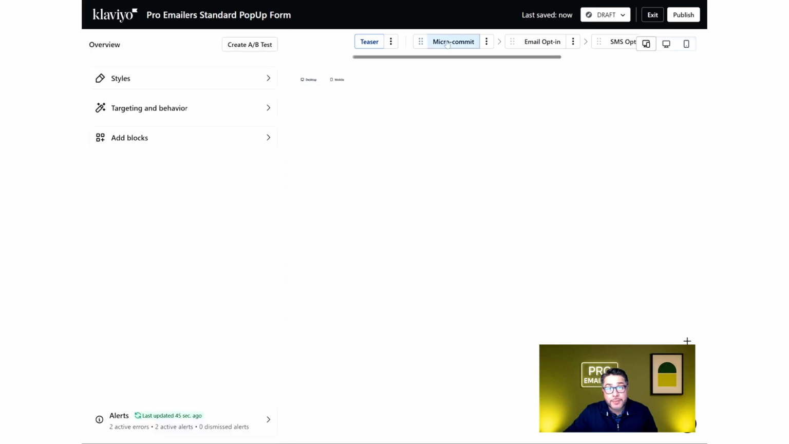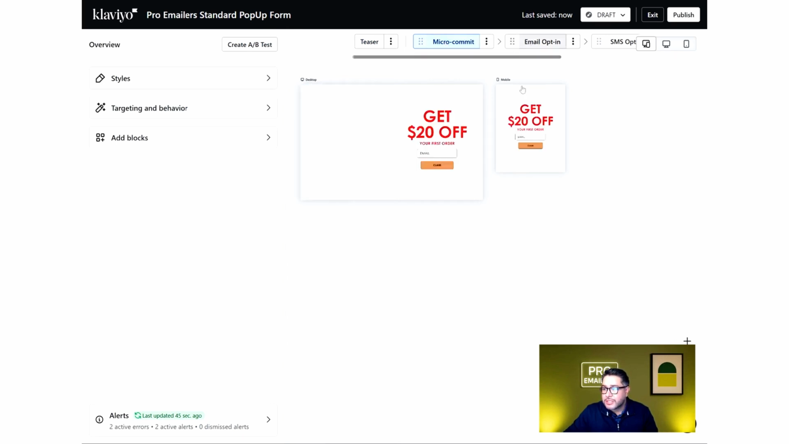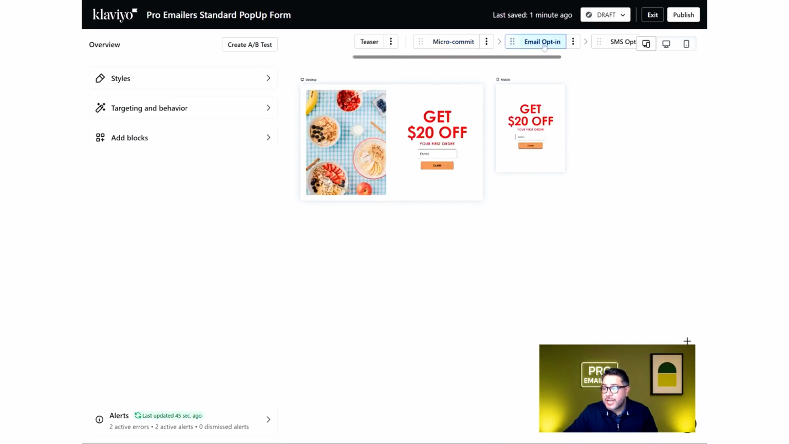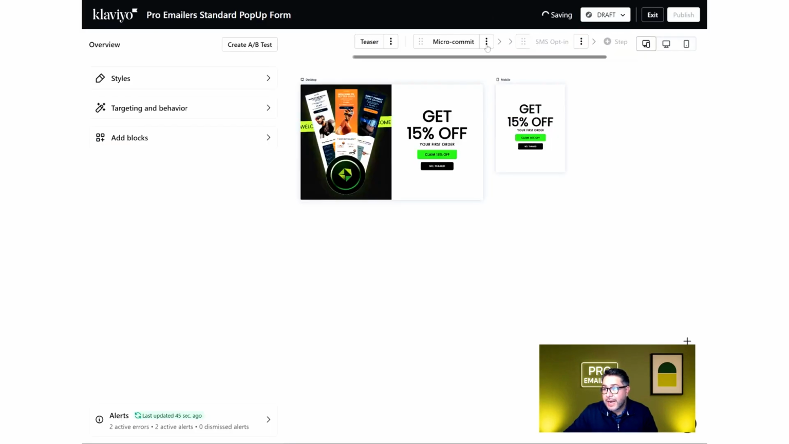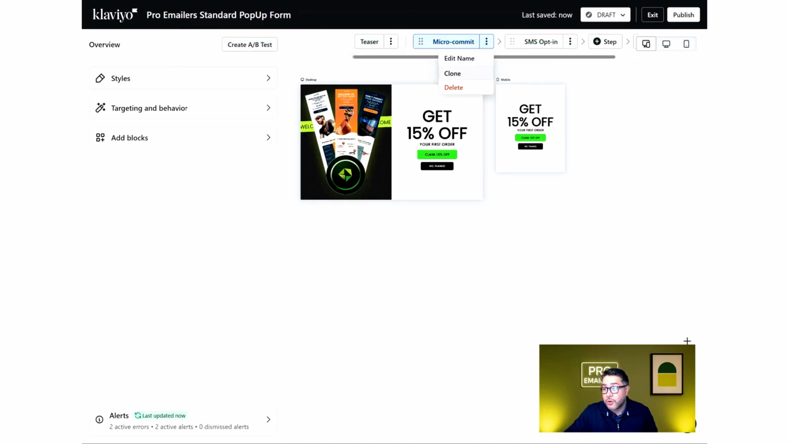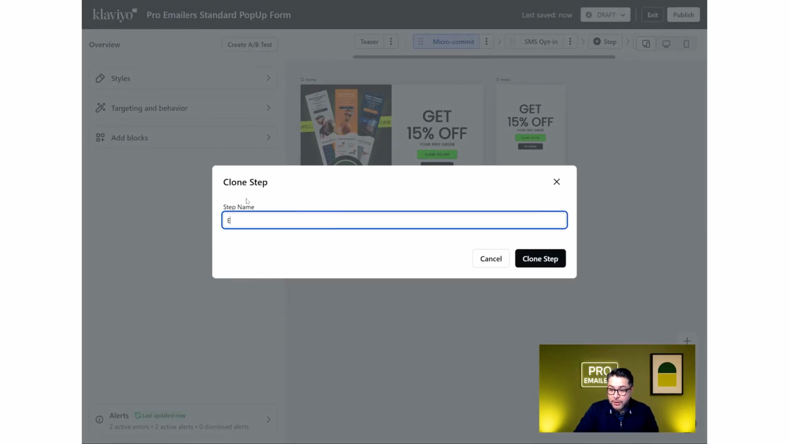Now this is the micro commitment or the engagement piece of the form. Your very next step is actually going to be your email capture. So we would do this here. We would pretty much just say, this is going to be my email capture, and this is the opt-in. Since we've changed a few things, what I like to do is I like to just go ahead and delete this step, and then I would clone the step where we already have the graphics and the messaging, the fonts, and the colors already adjusted to us. So I would do that, and then I would call this email capture,